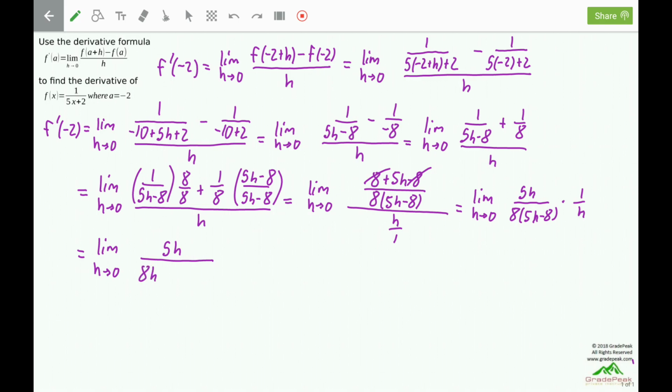I'll just put the h between the 8 and the 5h minus 8. What we do now is factor an h out of the numerator if there's multiple terms, but there's only a single term up there, the 5 times the h, and that h that's multiplying in the numerator with the 5 can cancel with the h in the denominator that's multiplying with the other expressions, and that removes the 0 over 0 indeterminate form, which means we now have